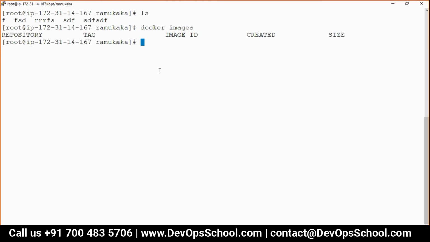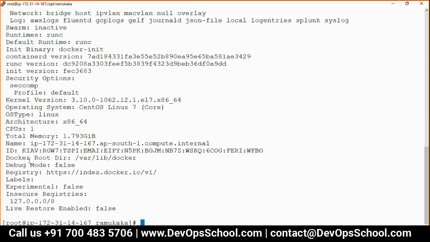That means it is like a fresh system. No container, no image. I will go to the location called var. First I'll do docker info. What is my root directory? /var/lib/docker. But the question is where the layers will be stored.